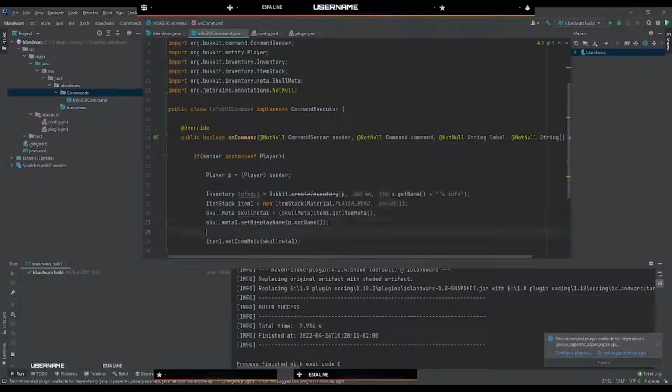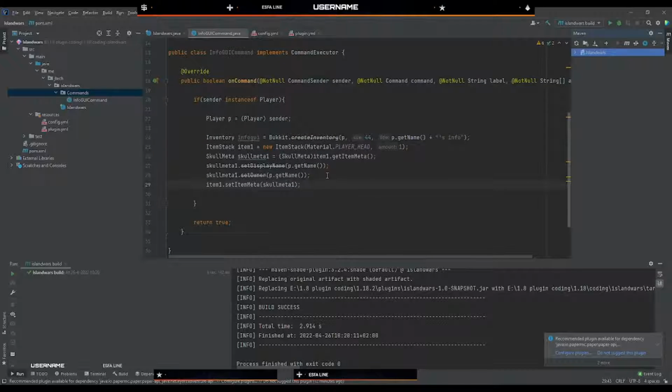Oh, actually, I missed one thing. SkullMeta setOwner, p.getName, and that way the system will know who the head belongs to, so also whose head texture to put on the player head. So, okay. So now